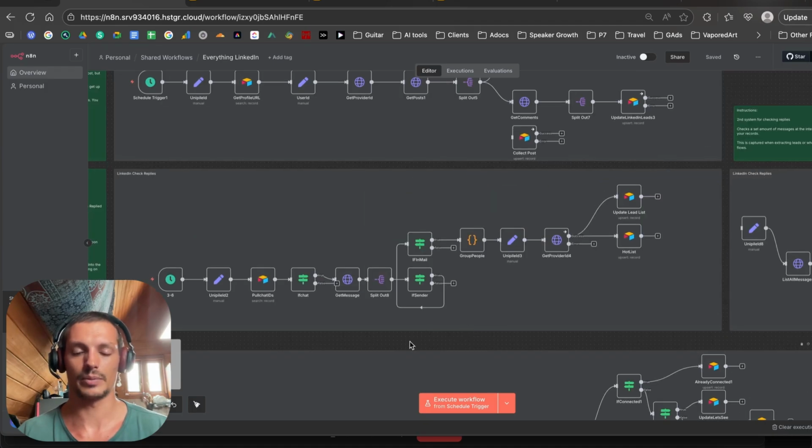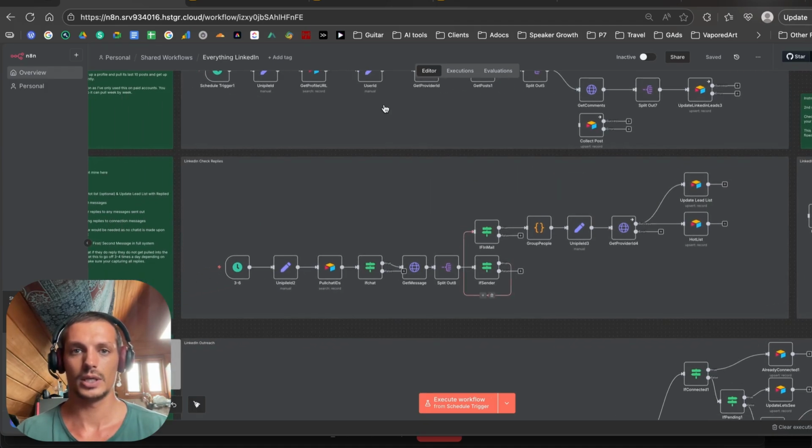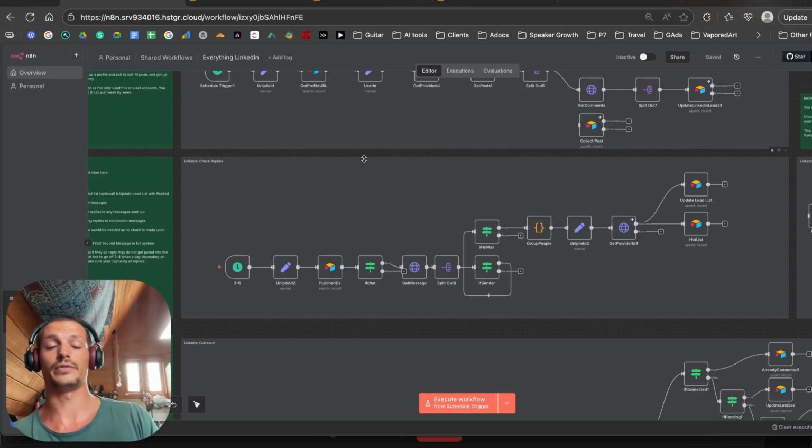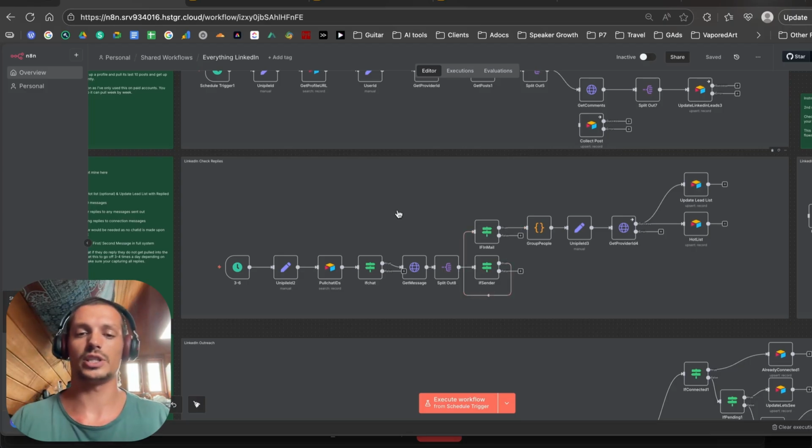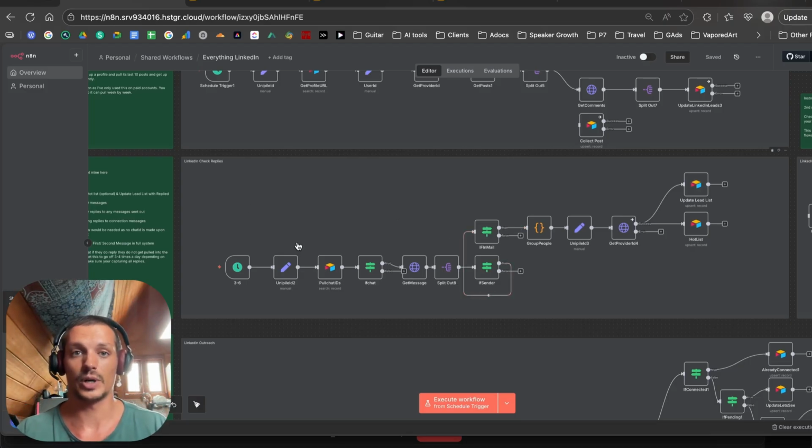Then we're going to be checking the replies, of course. So even before you're sending out requests, you want to be making sure that any replies that are coming in are being checked for, so that you don't miss them, so that you can do further actions with them, such as engaging on them, so that you can send further information and just understand them a little bit more, and also just to see if what you're doing is actually working. So there's two ways that this can work. One is from